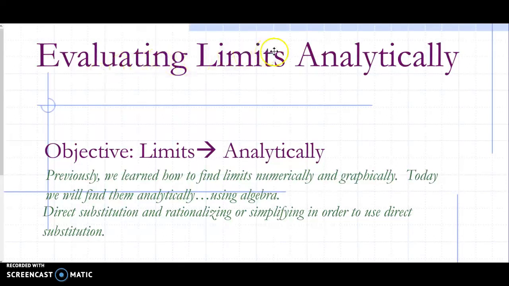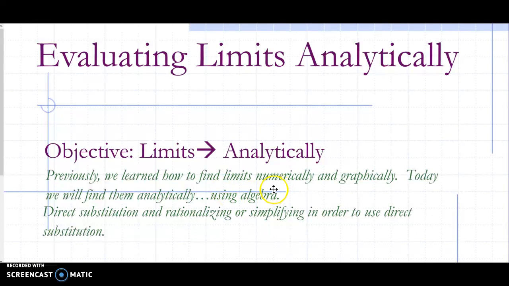We are going to evaluate limits analytically. This will be the main way that we solve limits, and we'll spend a lot of time on it and have lots of practice. So we are going to solve them analytically. Before, we were doing it numerically and graphically, but today we're going to talk about how we can use properties of